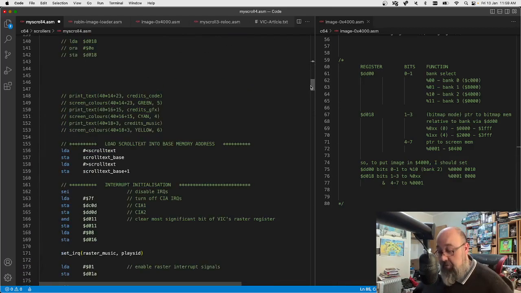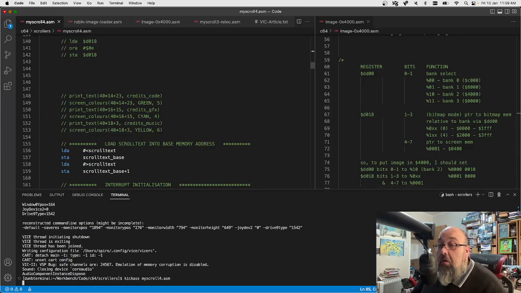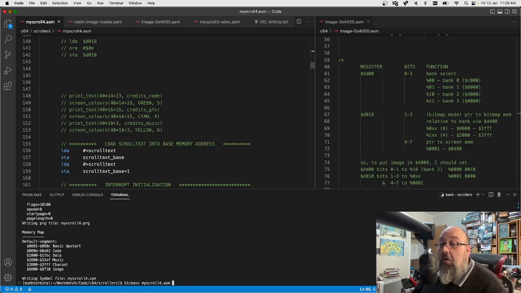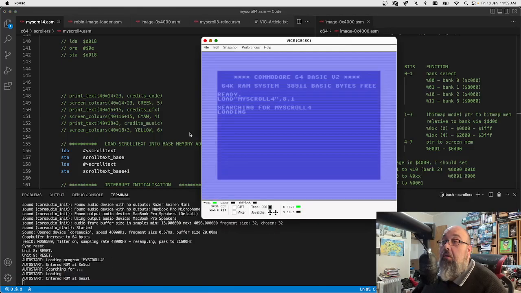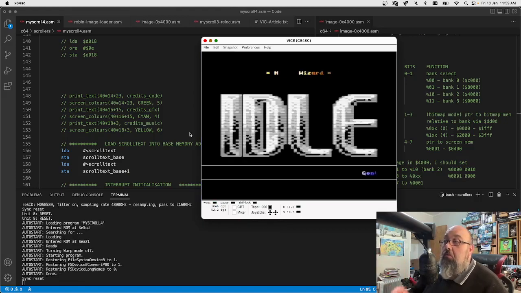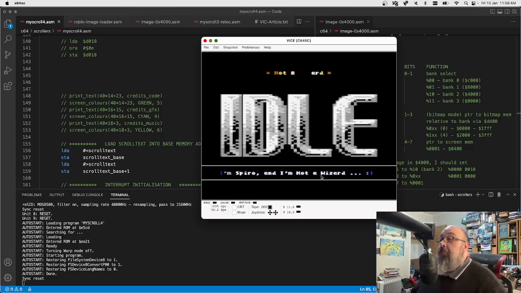But yeah, let's save that and see if I've still got a working program. We run it. Hopefully it should still work, touch wood, with all the commented out code I've just done. Go. So yeah,